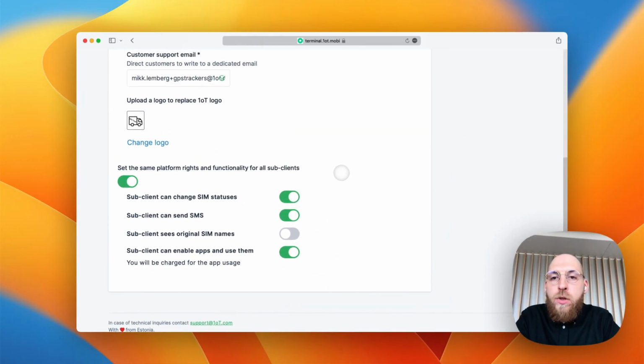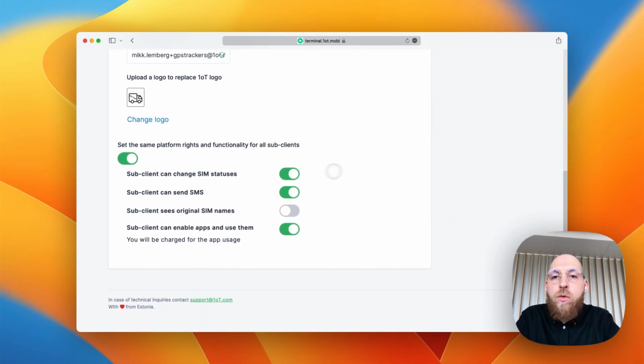But I want them to be the same for everybody, and I want them to be able to change SIM statuses. I want them to be able to send SMS. I want to hide the original SIM names that we have been using internally, and I'm fine with them using other apps which are available on the platform.